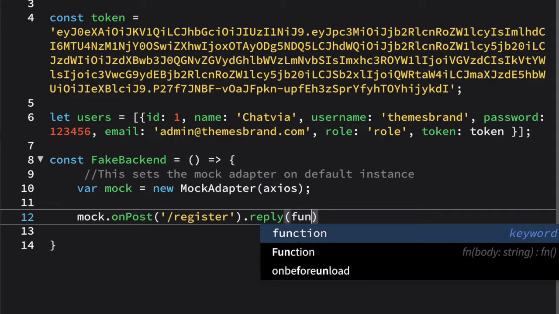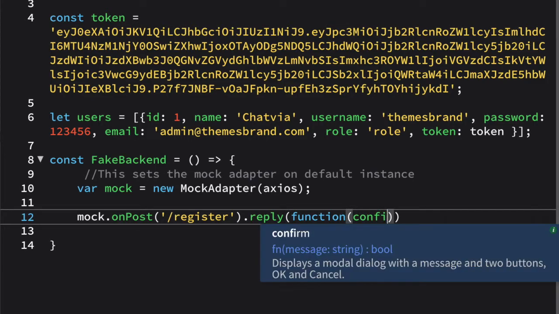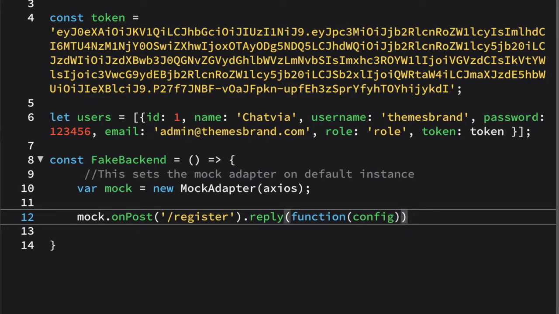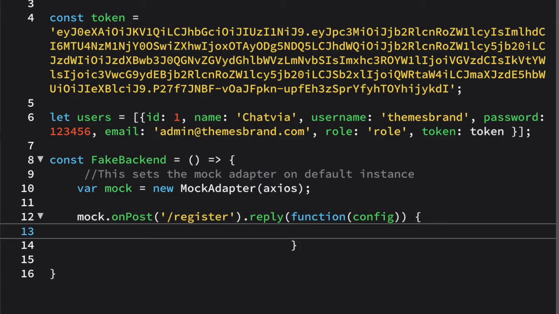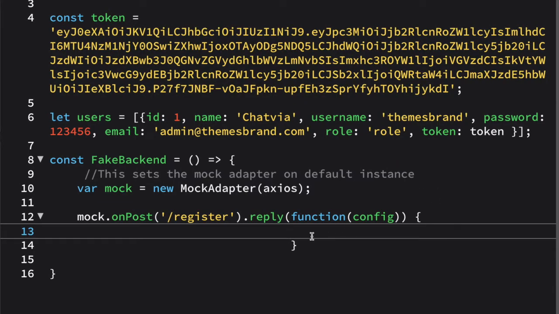So here I have to write this function, and I am declaring here config, which is a kind of method inside the Axios API, and you can also get its information in this article. So config, and here I am writing const user.